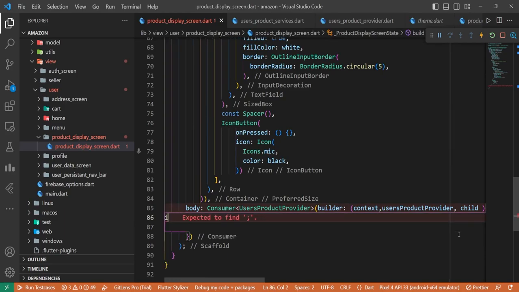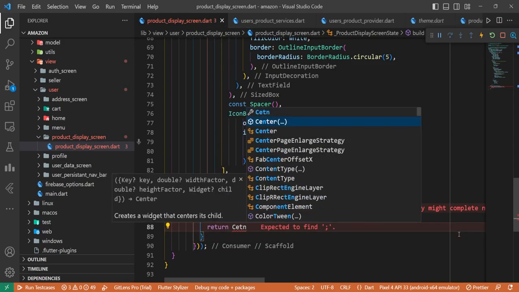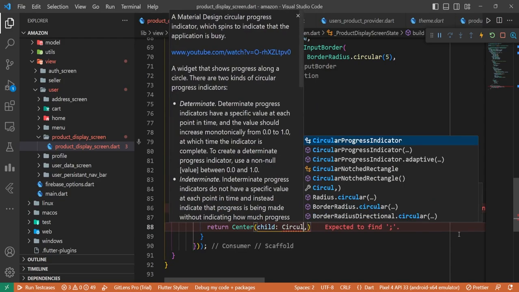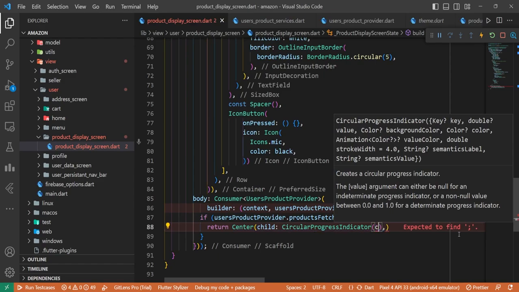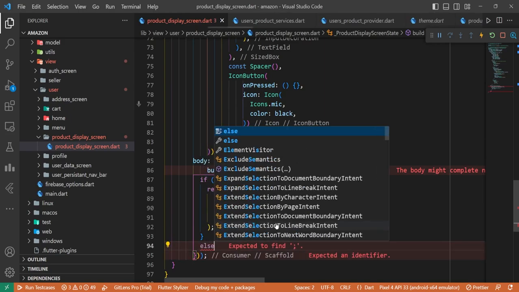So let's first check whether users product provider dot product fetched equals to false. Then we want to return a circular progress indicator. Let's return center, child circular progress indicator, color amber. And yeah, if product fetched equals to false, then this, else